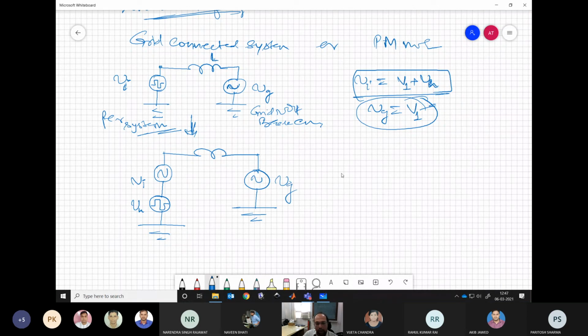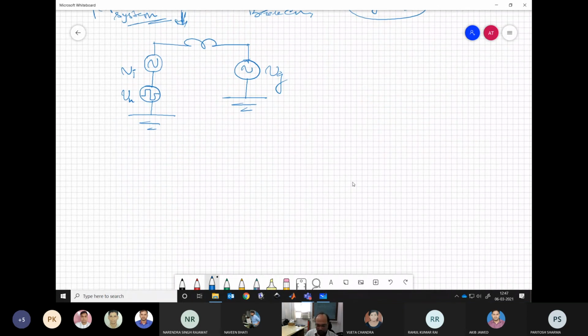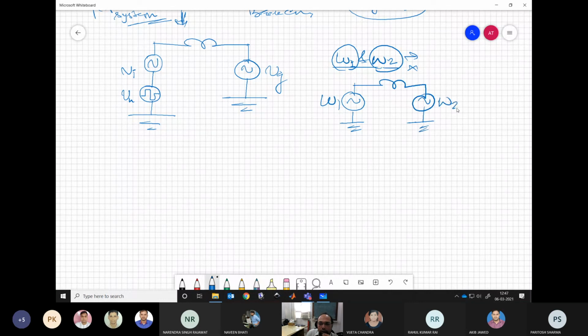Now what we know is that if there are two frequencies in a system, omega 1 and omega 2, in the same system, these will not interact with each other, which means, let us say we have a source of frequency omega 1 and another source of frequency omega 2, then for the omega 1 source, omega 2 is kind of not there. It is absent or shorted. And whereas with respect to omega 2, the omega 1 is shorted. So this is the meaning of that they do not interact with each other.